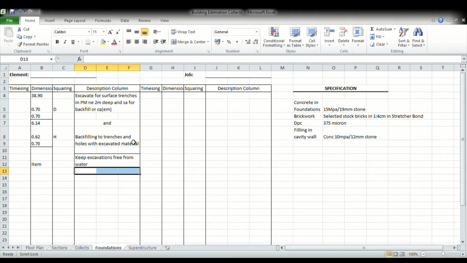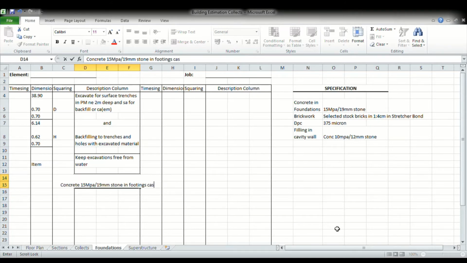Great. Now you'll see that this follows the sequence in which you actually construct a building. The first thing that you do is you excavate, right? And then the second thing that you do is you pour in your concrete. So that is what we are going to do here. Concrete, we were told here that it's 15 MPa/19 millimeter stone in footings. Cast where? Cast against excavated surfaces or excavated faces. Okay,